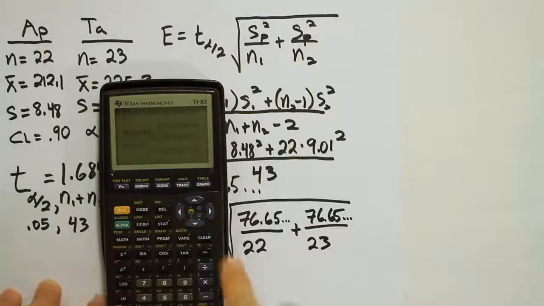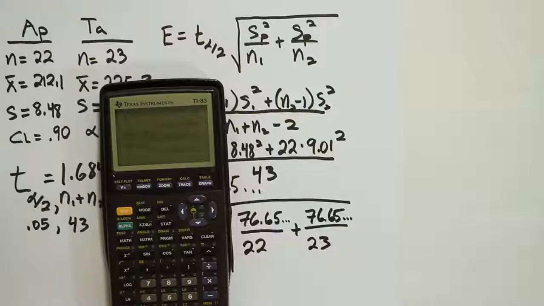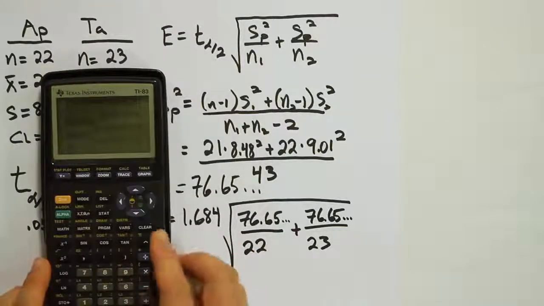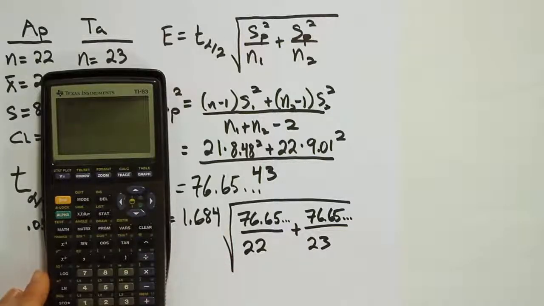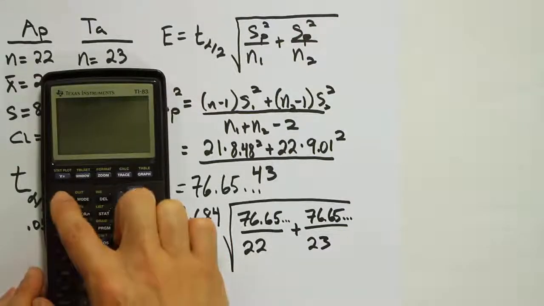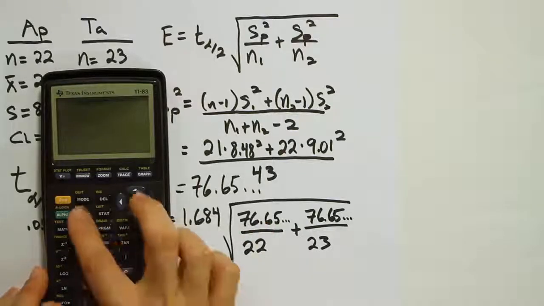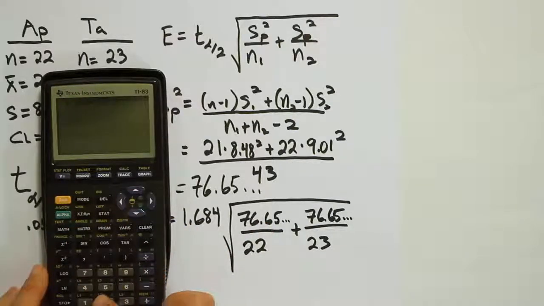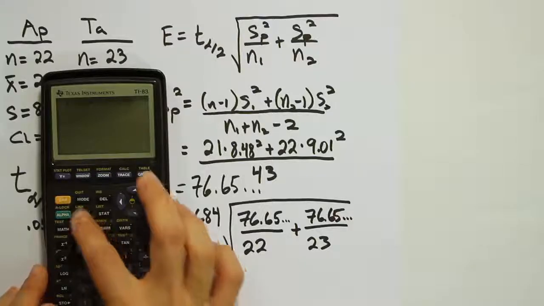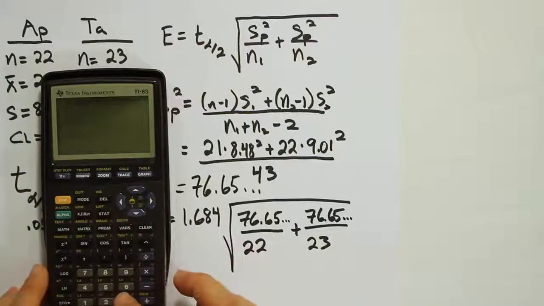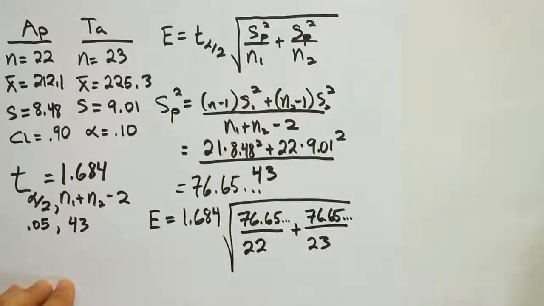Okay, so again, I've already stored my 76.65 number into my variable x in my calculator to make my calculation a little easier. And then I'm just going to do 1.684 times the square root of, then that's in my calculator is x divided by 22 plus x divided by 23. Close that up, hit enter. I get 4.3968, etc., right? So my margin of error basically becomes